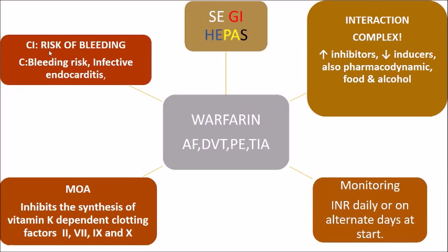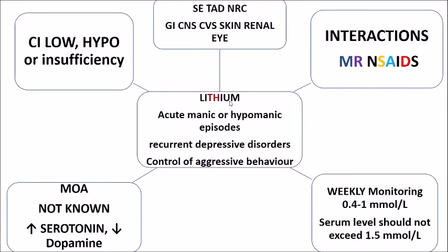It's risk of bleeding, for example, hemorrhagic stroke, or if a woman gives birth within the first 48 hours. So basically, risk of bleeding, and cautions usually include risk of bleeding and infective endocarditis. Mechanism of action: it blocks the synthesis of the extrinsic pathway of the clotting system, factors 2, 7, 9, and 10. If we go on, the other one is lithium, which is used in mania and hypomanic episodes